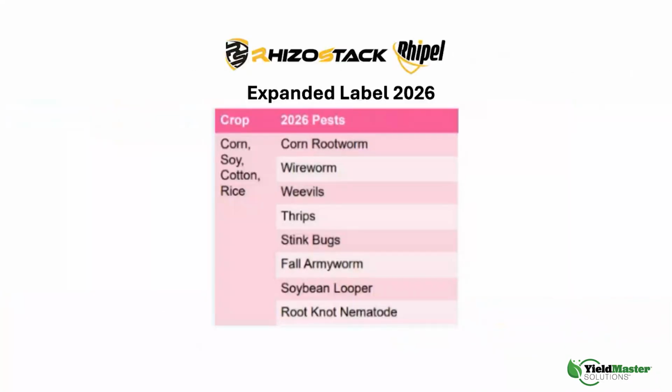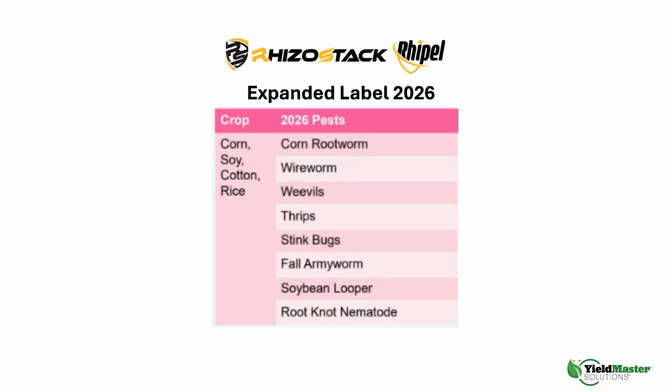Okay, so just something that's new, kind of shifting gears a little bit here off of rootworm. RhizoStack Rhipel now has an extended label for 2026, and I really think that this is going to be huge for a lot of acres. So we have corn rootworm, which we talked about. We also picked up wireworm. So no-till guys, cover cropping rye, after sod, stuff coming out of CRP for a long time,